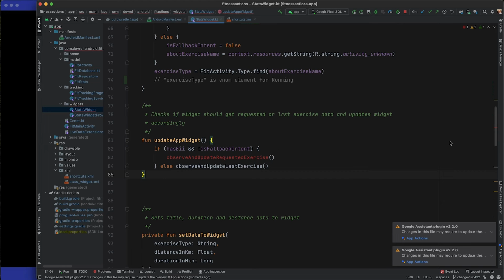The code checks if the widget was triggered by a BAI and makes sure it's not a fallback. If the widget was triggered with a fallback intent or not via BAI, the regular or default widget creation flow will happen. As you can see, we are referring to a new method, observe and update requested exercise, that we